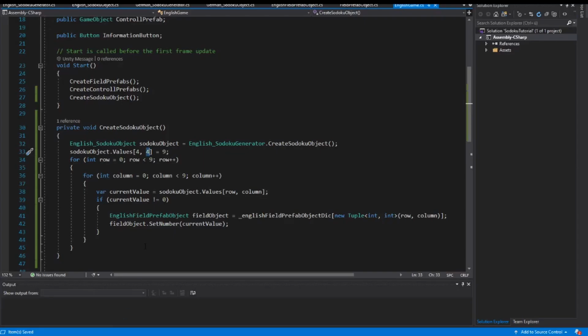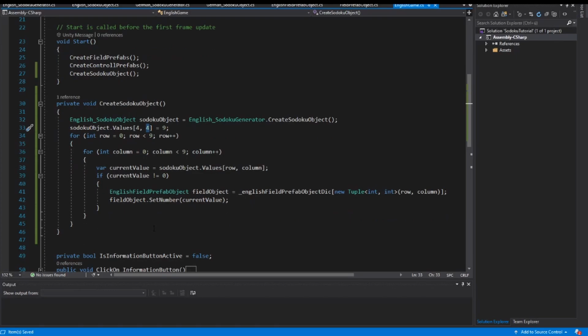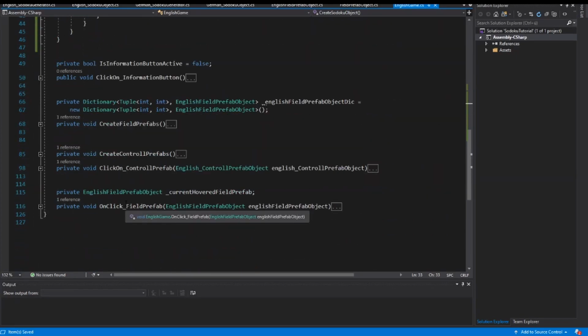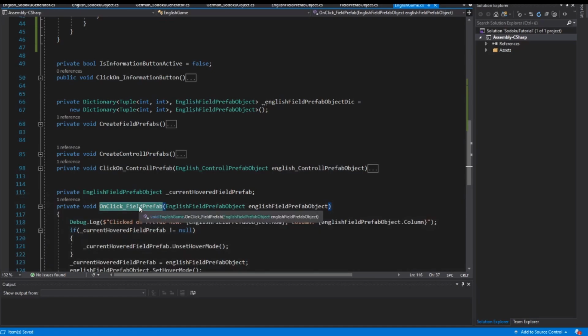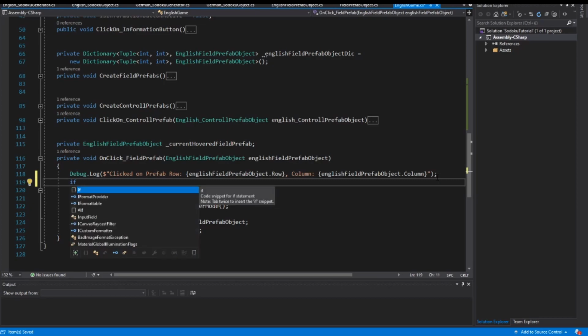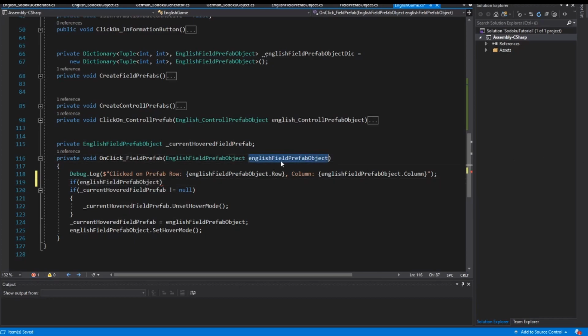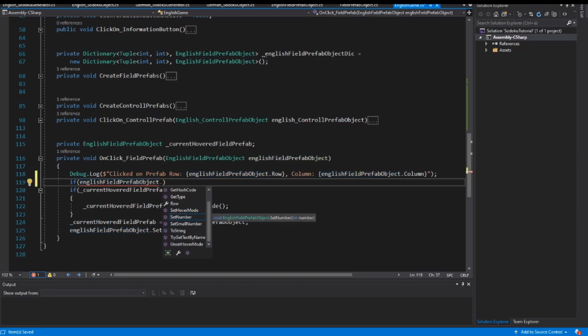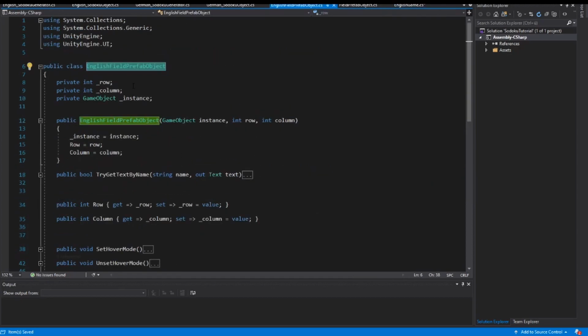So for that I have to implement inside my on-click field prefab method. In this method we set the current hovered object. So before we set this object here, we ask if the English field prefab object can be changed or not. And for that we go into the English field prefab object,